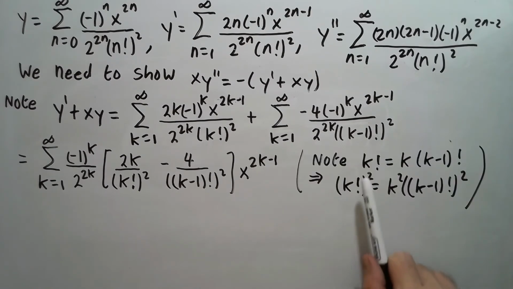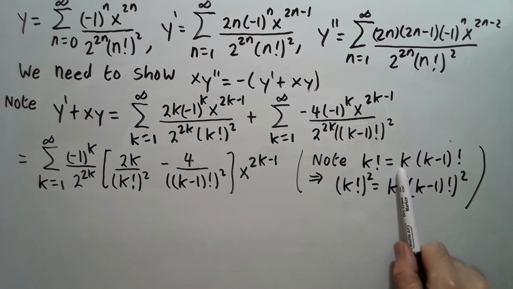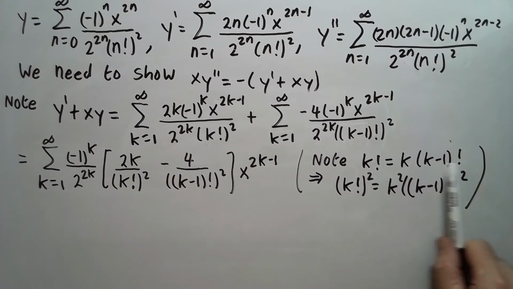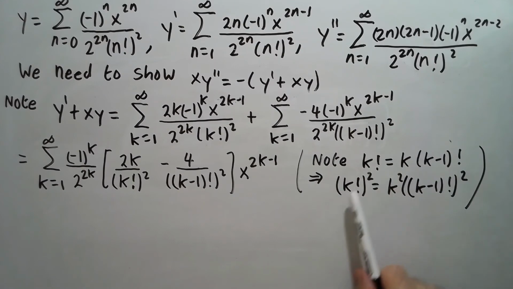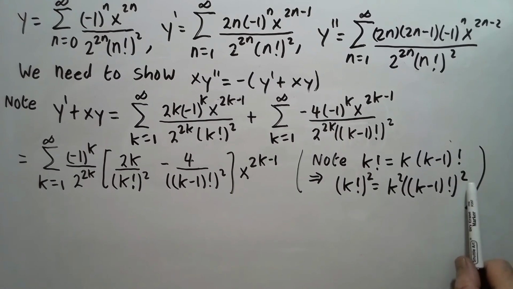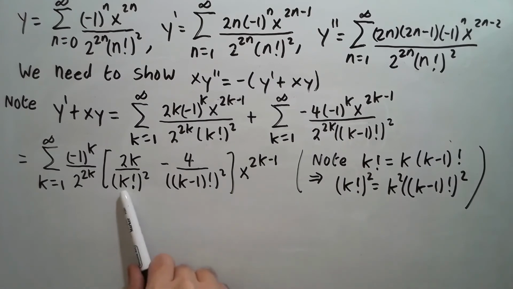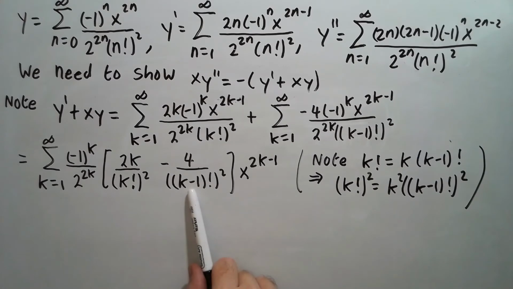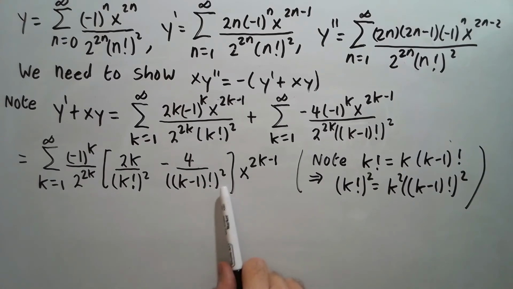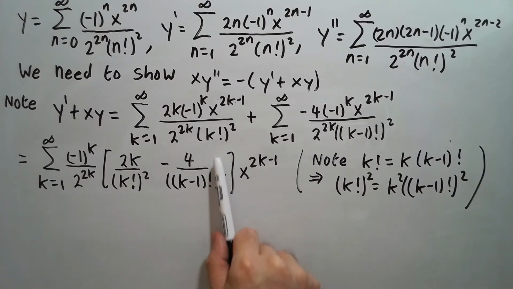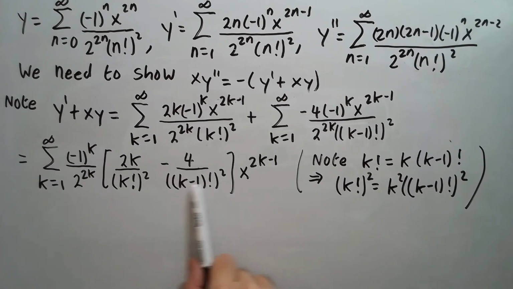So note that k factorial can be written as k times k minus 1 factorial. Then if we square both sides, we'll have k factorial squared equals k squared times k minus 1 factorial squared. Because we have a k factorial squared here and a k minus 1 factorial squared here. So I'm going to multiply top and bottom here by k squared to make this bottom part into k factorial squared. So doing that, we get then